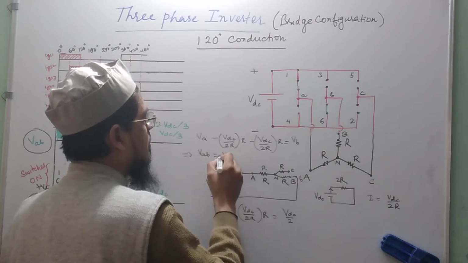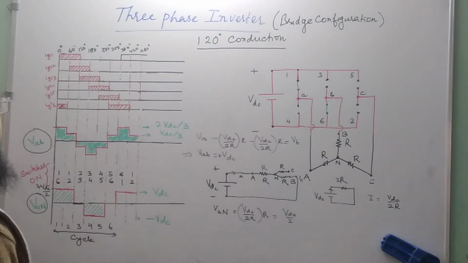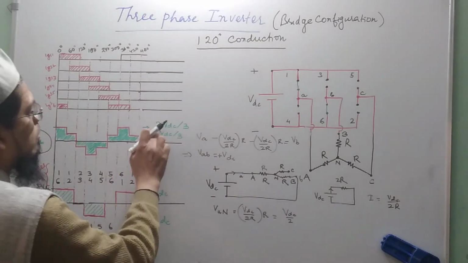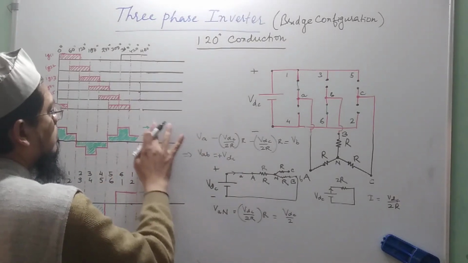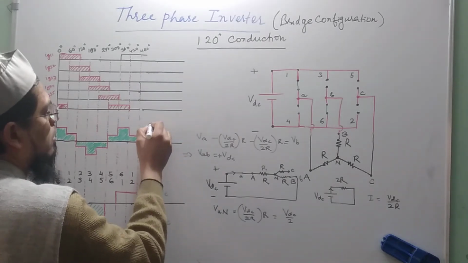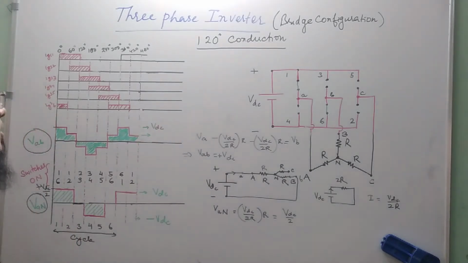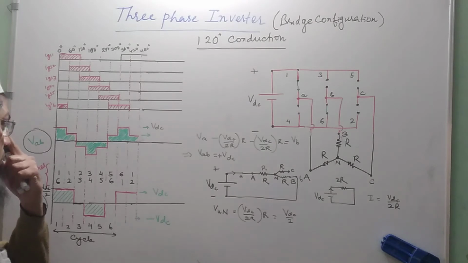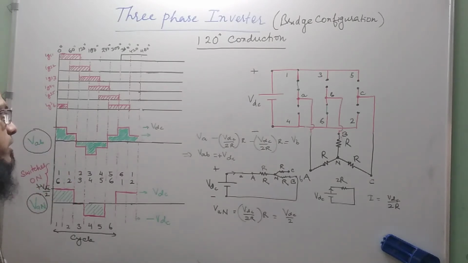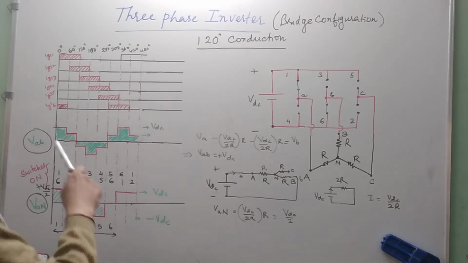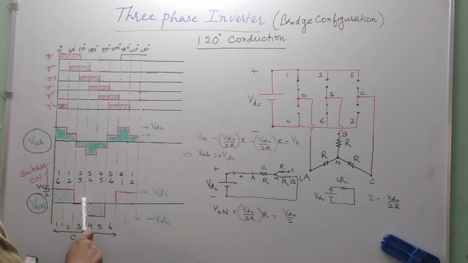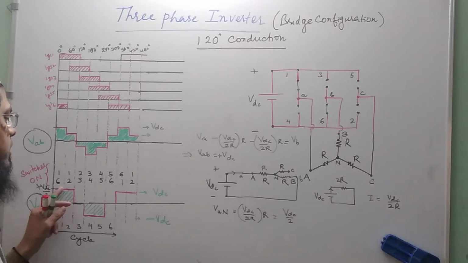So, VAB is VDC plus VDC. So, now this peak value is no longer 2 VDC by 3, it is VDC. Okay. So, again you can see the difference that is coming here. In case of 180 degree conduction, the phase voltage was a 4-step voltage, while in the case of 120 degree conduction, the phase voltage is a 3-step wave,